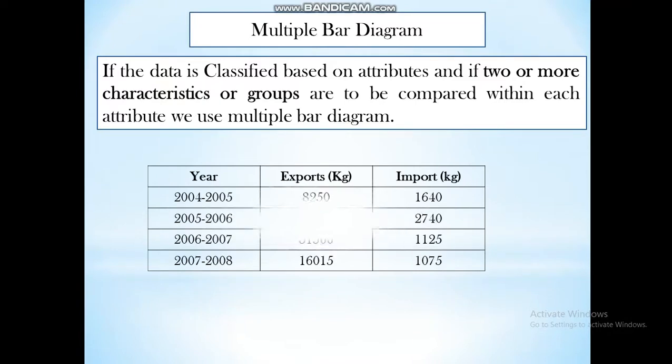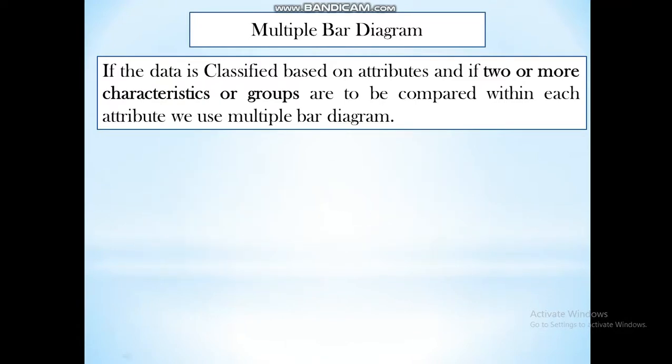A multiple bar diagram, okay. In a multiple bar diagram, two or more characters or groups are to be compared within each attribute. So within each attribute, we want to compare the two or more characters. See, for example,